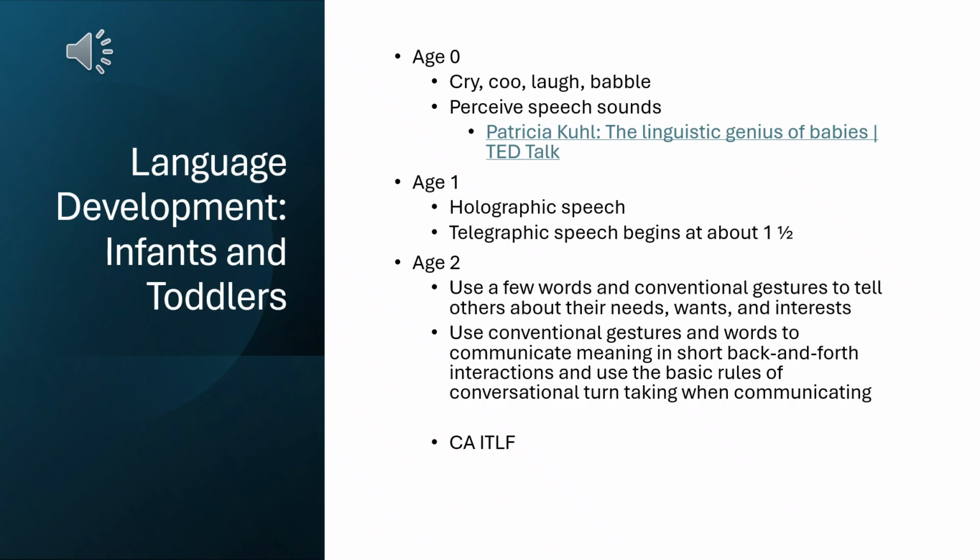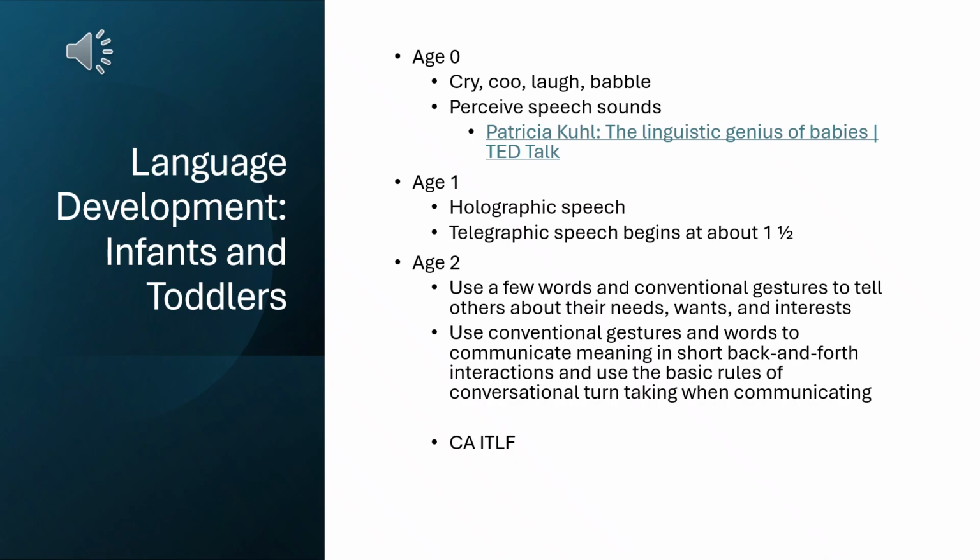So they're able to use gestures and words in conjunction with each other to help get their needs met, to tell people things that they want, to tell people things that they're interested in. Starting to use language as a powerful tool. They can also start to engage in limited back and forth interactions. So if an adult says, are you hungry? Baby says, me eat. Oh, you're hungry. You want to eat. Me eat. Yes, I see you're hungry.